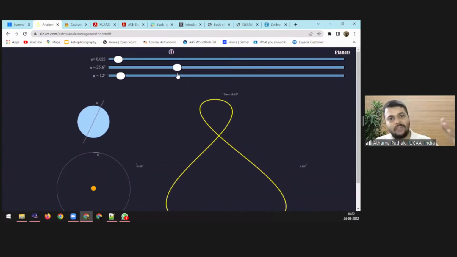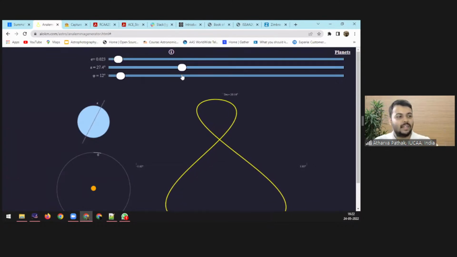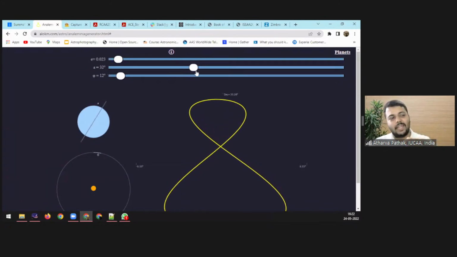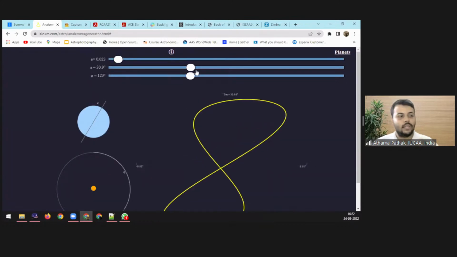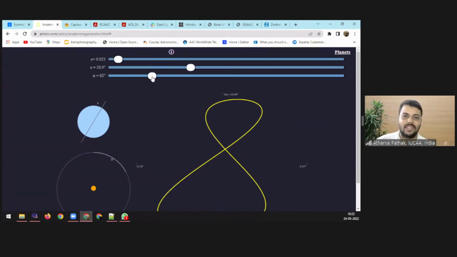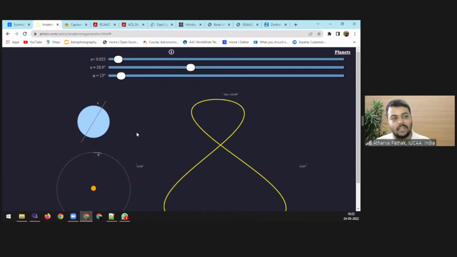So the obliquity of the planet changes the orientation as well as the size of the loops. And then this is the apse angle. Depending upon the change in the apse angle, the orientation of the solar analemma is going to change. So these are the three sliders. The combined effect of these three things is what causes the solar analemma, and that is something very easy